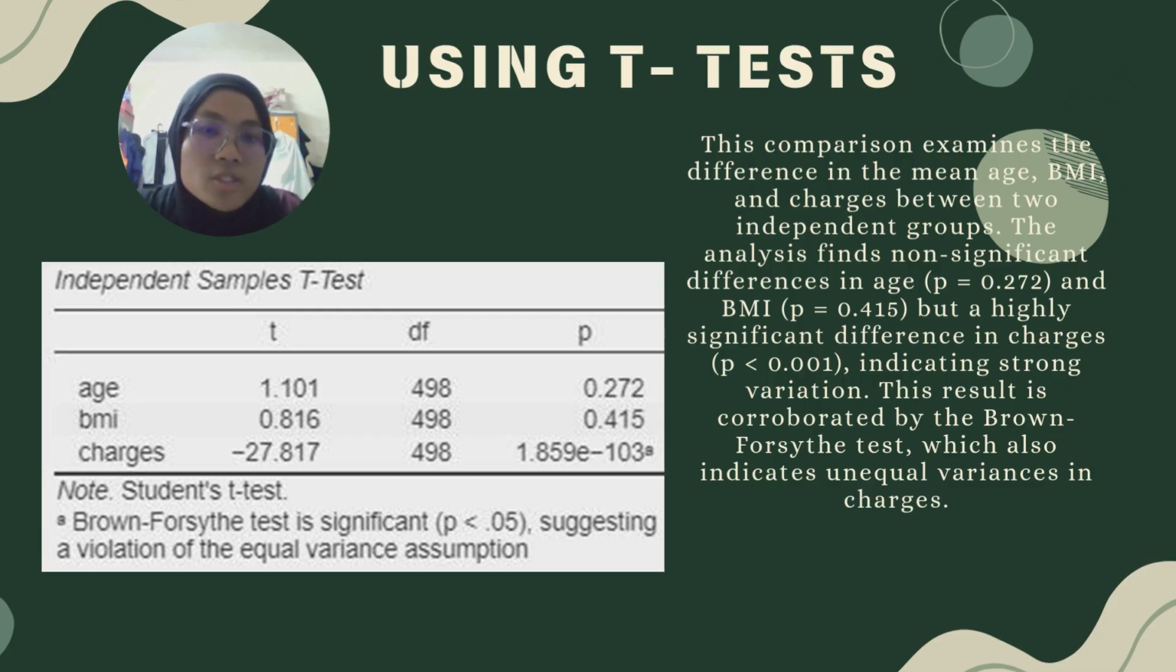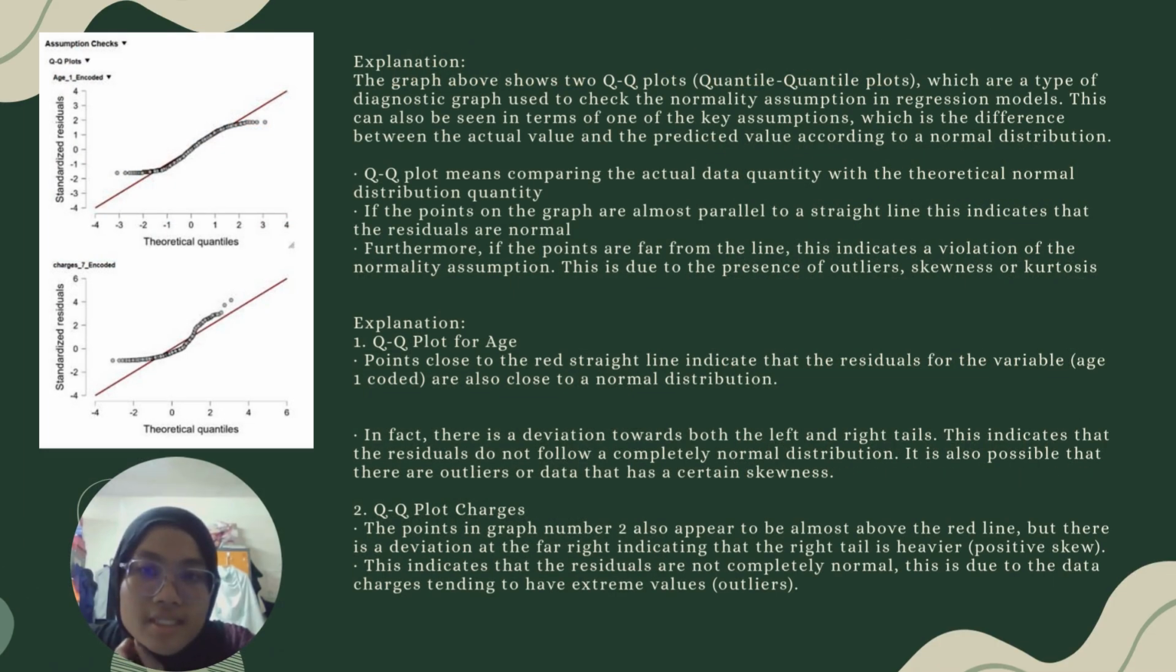The analysis finds no significant difference in age (p = 0.272) and BMI (p = 0.415), but a highly significant difference in charge (p < 0.001), indicating strong variation. This result is corroborated by the Brown-Forsythe test, which also indicates unequal variance in charge. As you can see, this is the graph